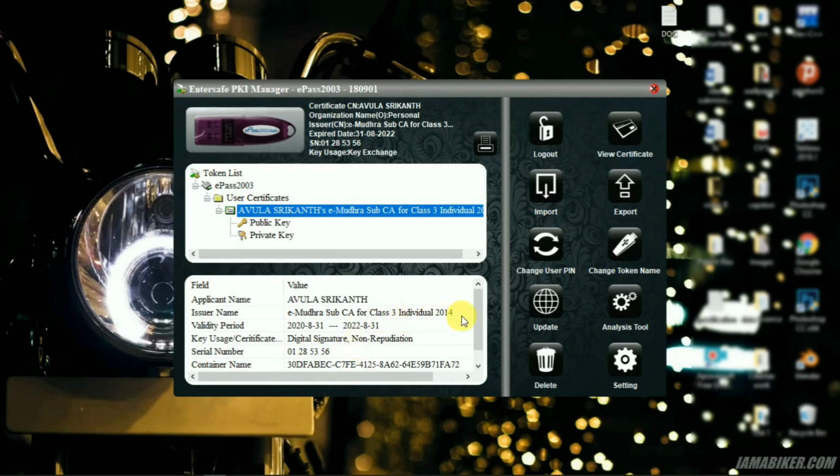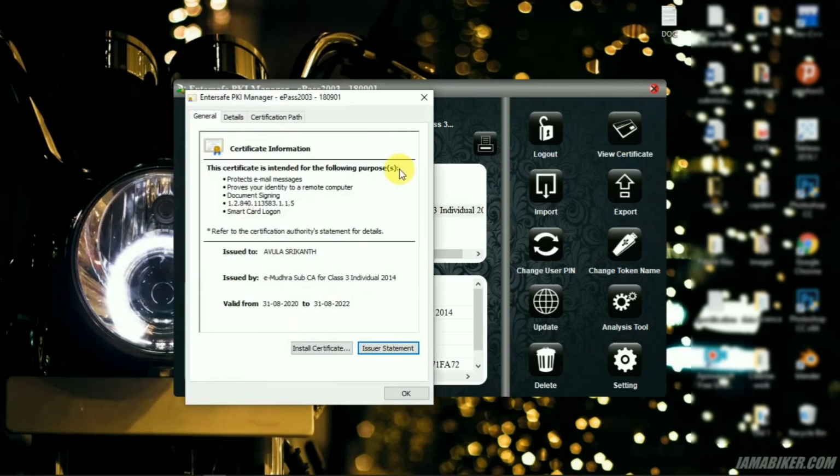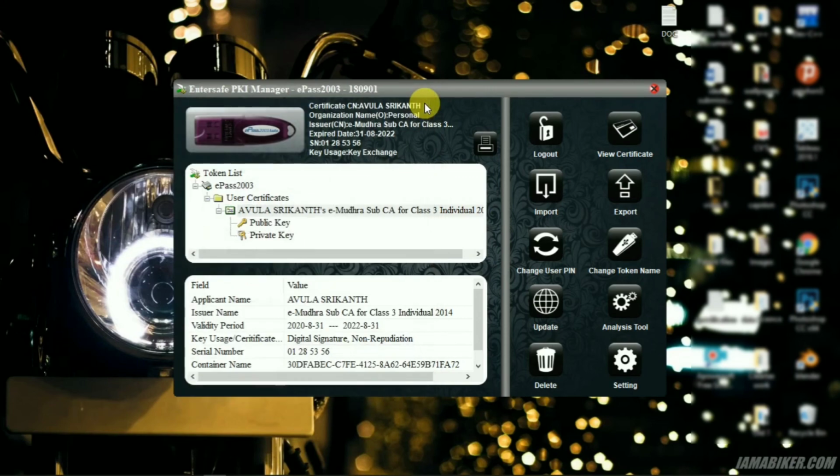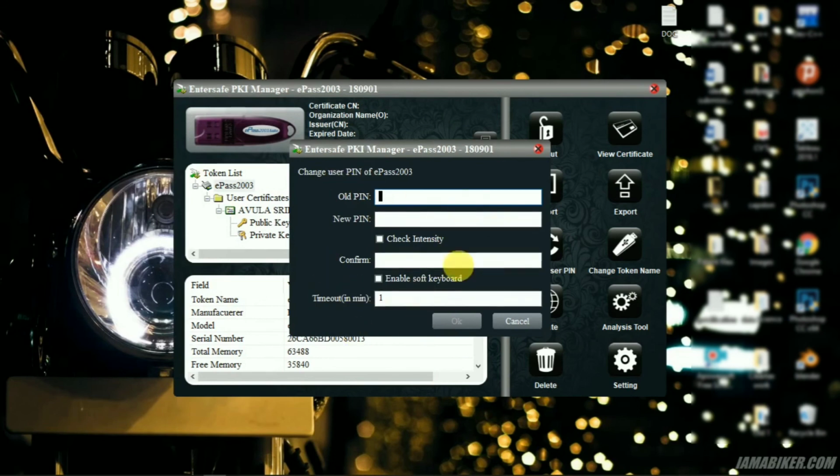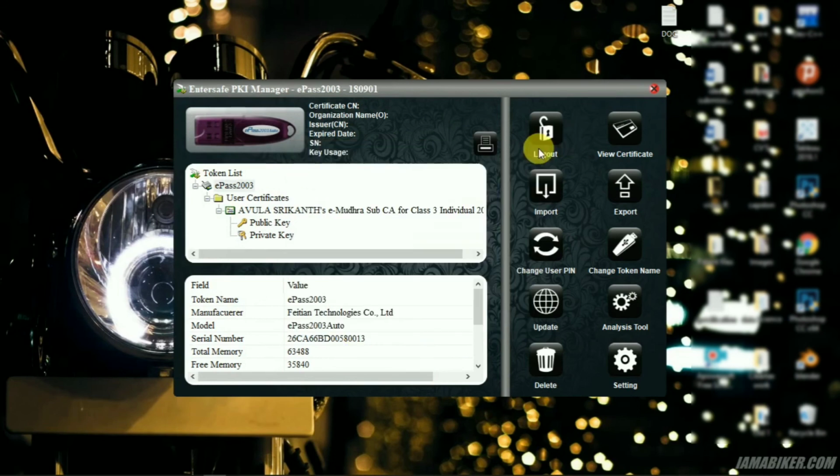So here you can see the class 3, and if you want to view the certificate, you can go to the view certificate option, where you can see the in-depth details of the certificate. And by using the options on the right hand side, you can actually change the pin or the password, and you can even change the token name and all.